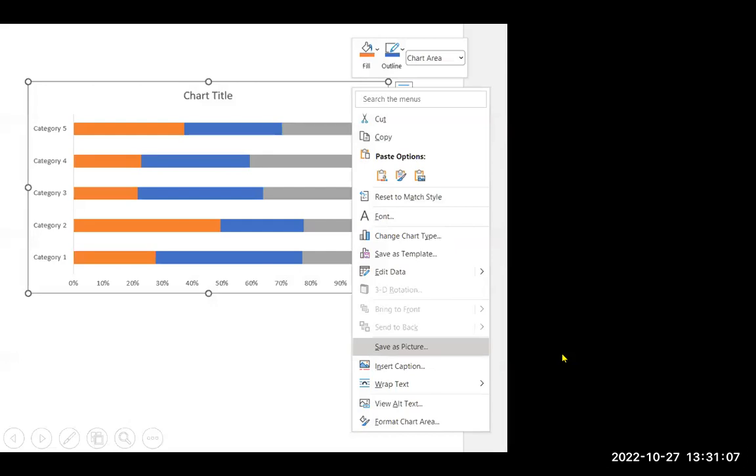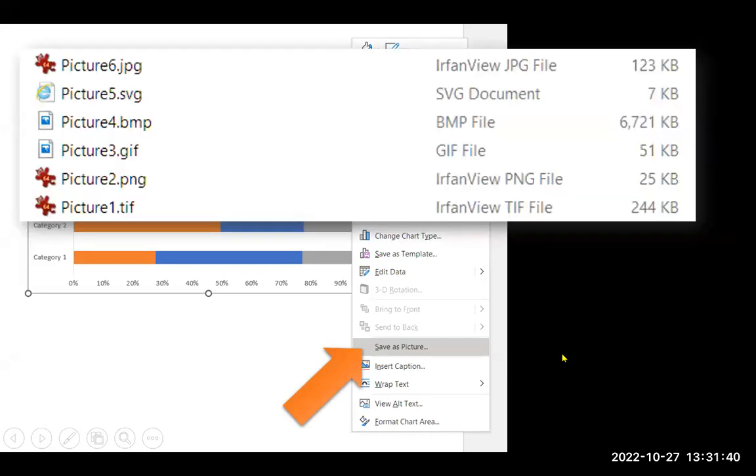Okay, you can also save a chart as a picture. So you right-click anywhere on the chart, and you get this pop-up right-click menu, and then click on Save as Picture. So this is an export feature in Microsoft Word, and I think in Excel also, that allows you to export your chart as an image, because journals will want you to submit the chart or the figure as an image file. And you get the option to save it in all of the popular formats, including TIF and PNG,